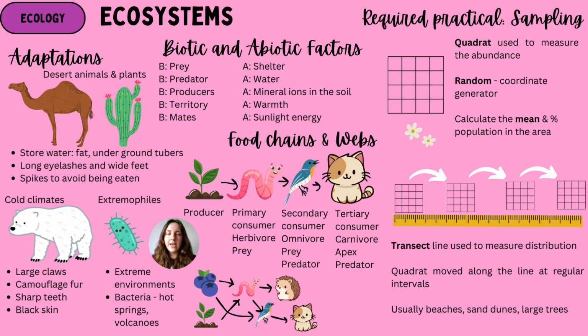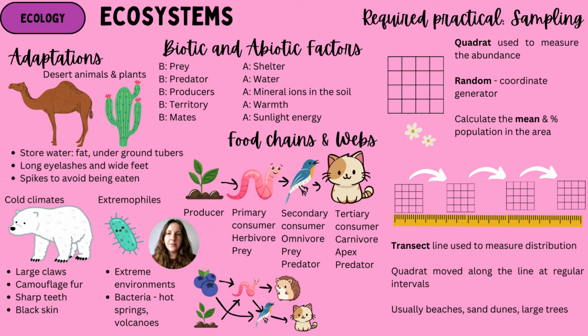And this is eaten or consumed by a primary consumer, which is a herbivore. And this is often the prey for a secondary consumer, which is often an omnivore. This can also be a predator because it's attacking the prey, the primary consumer, but it's also the prey for the tertiary consumer or the apex predator, which is often a carnivore. And like I said, a food web just shows the interaction between multiple food chains and how removing one of those organisms can actually have a detrimental impact on all the organisms as well. So it's really important